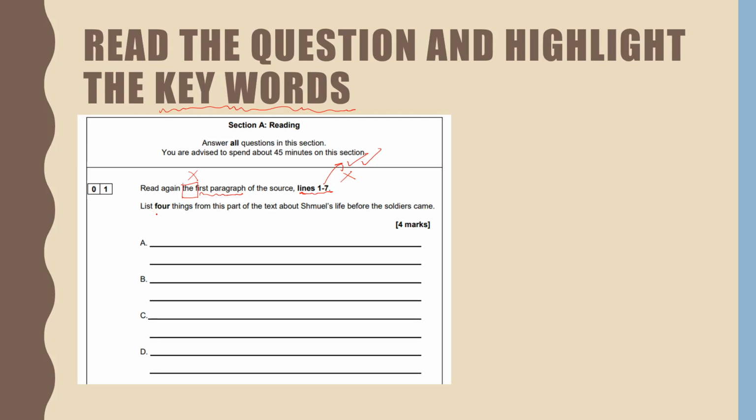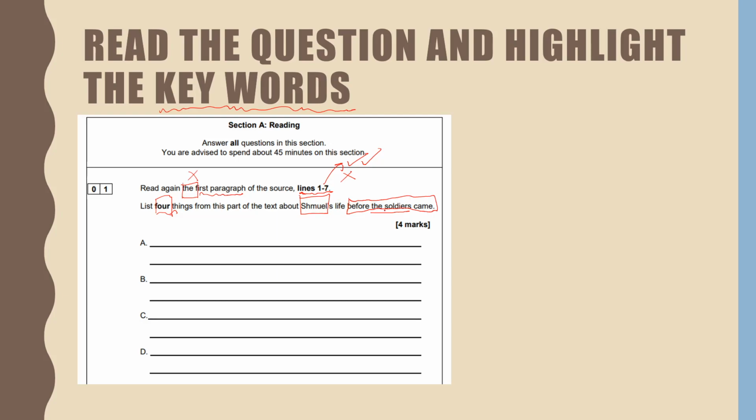Right, list 4 things. They've even made that bold for me, so I know that's a keyword. List 4 things from this part of the text about Shmuel's life before the soldiers came. Before the soldiers came. So these are really, really key, because if, for example, I just did Shmuel's life and